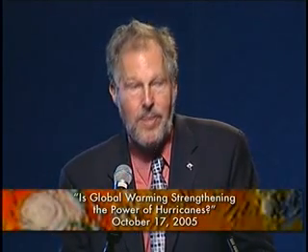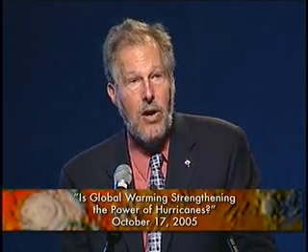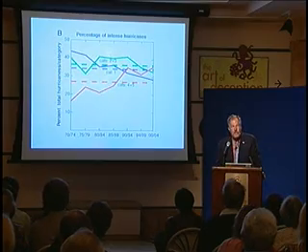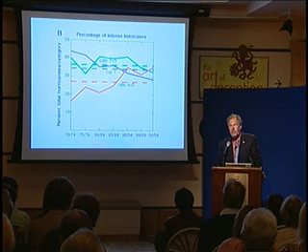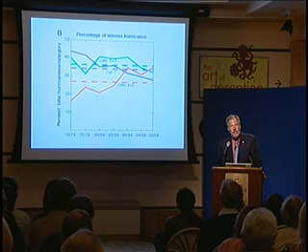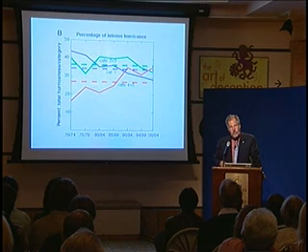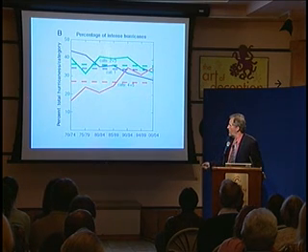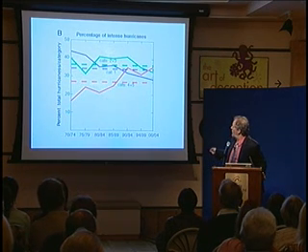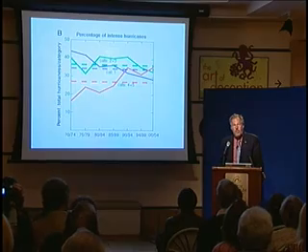Data have been cleaned up, reputable people have done it, so you're not seeing an artifact of better observing systems today or changes in data processing or anything like that. As I said, the number of absolute storms, with the exception of the North Atlantic, hasn't changed much, and so what you're seeing with that increase in the absolute number of the Category 4 and 5 storms is simply an increase in the percentage of all storms that belong to these strongest storms, going from below 20% early in the record period up until something in the neighborhood of 35% most recently.